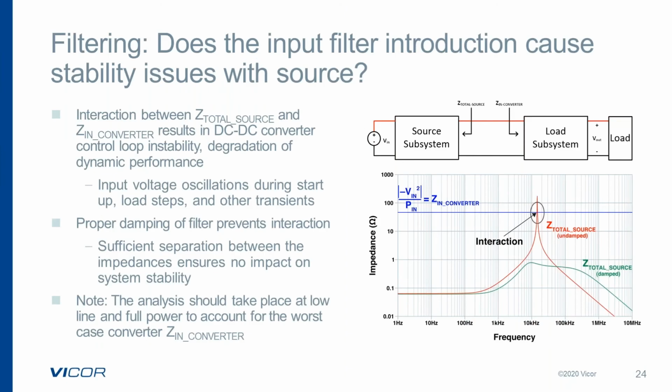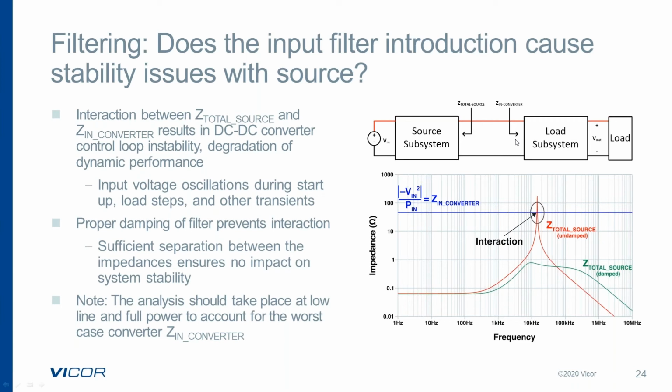So when we look at the input filter, when we add an input filter to meet EMI specifications, that filter now becomes part of my source subsystem. And so not only do I need to consider the line impedance, now I need to consider the impedance of my filter. And one of the ways we can analyze that is as we look at this total source impedance, which includes my EMI filter, I've got to make sure that that is less than the impedance of my